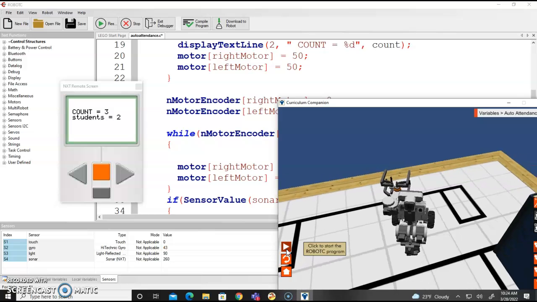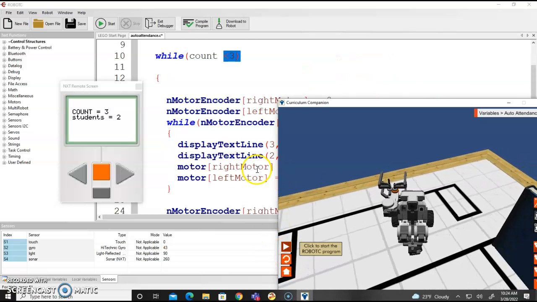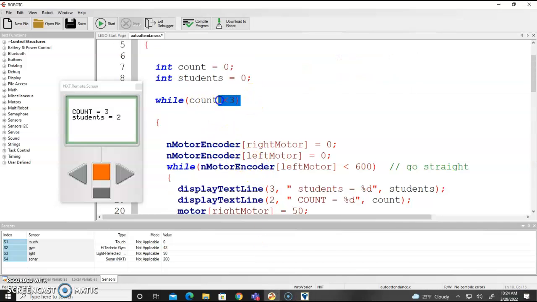And now it has done the procedure 3 times. It goes up to this. It says, are we less than 3? 3 is not less than 3. End the program. Unfortunately, this program does not work